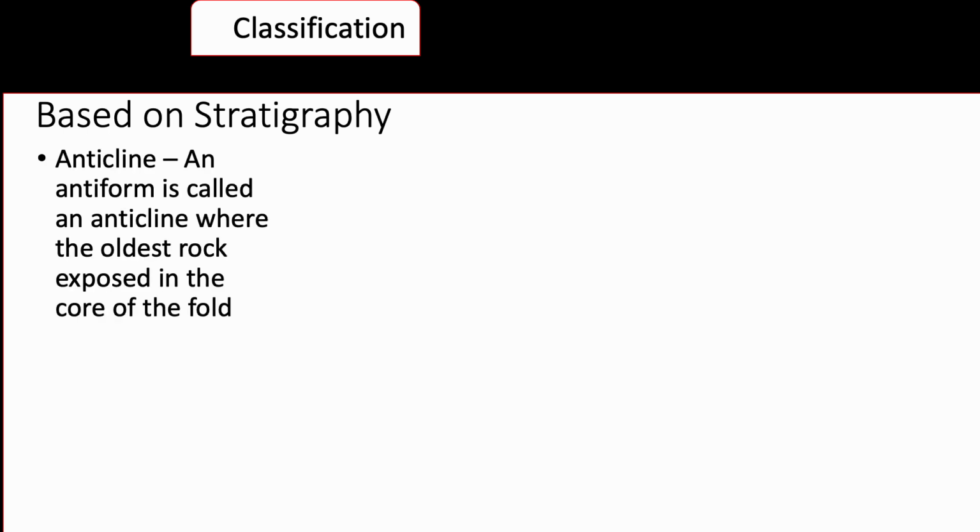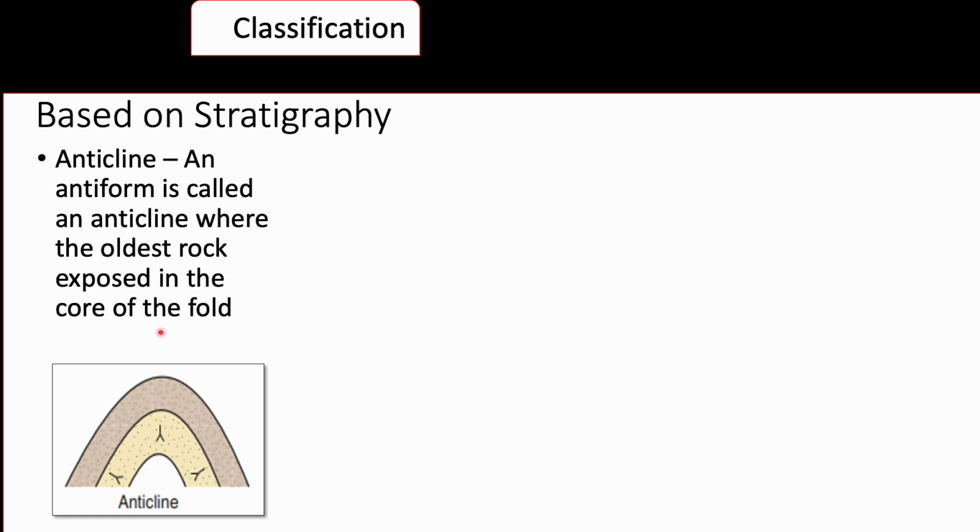Here we classify the fold on the basis of stratigraphy. It means if we include the age of strata in classifying the fold, then we classify the fold into two types: anticline and syncline. A fold is called an anticline where the oldest rock is exposed in the core of the fold. As in this figure, if we have the oldest rock in the core of the fold, then this type of fold is known